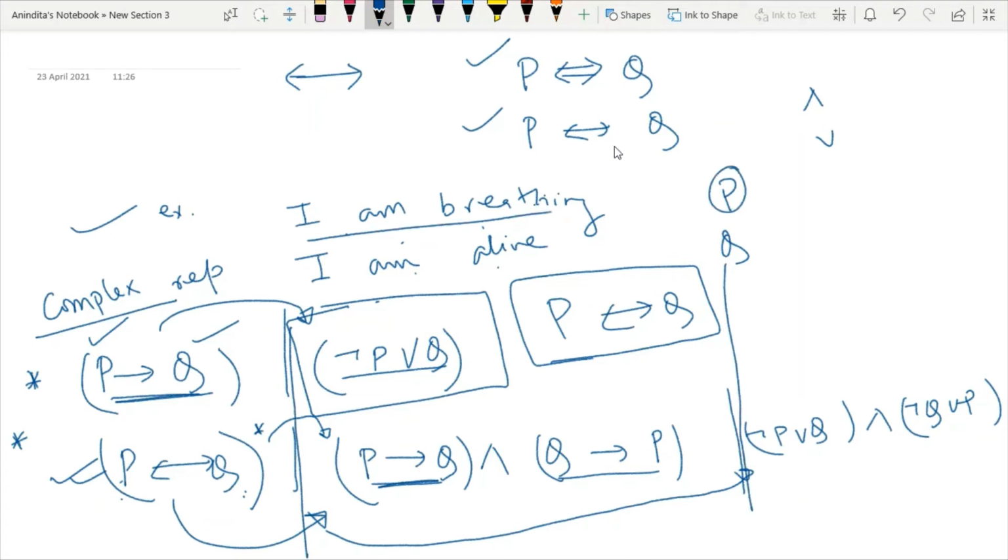Propositional logic is not enough. This is the basic building block that we can use to represent our real world scenario. So propositional logic has some drawbacks. For that reason, we have to shift to the next level of representation, that is predicate logic. I'm giving you just one example why it is not enough. If I have some term like all students are attentive, so I'm writing a statement which includes a particular word, all.